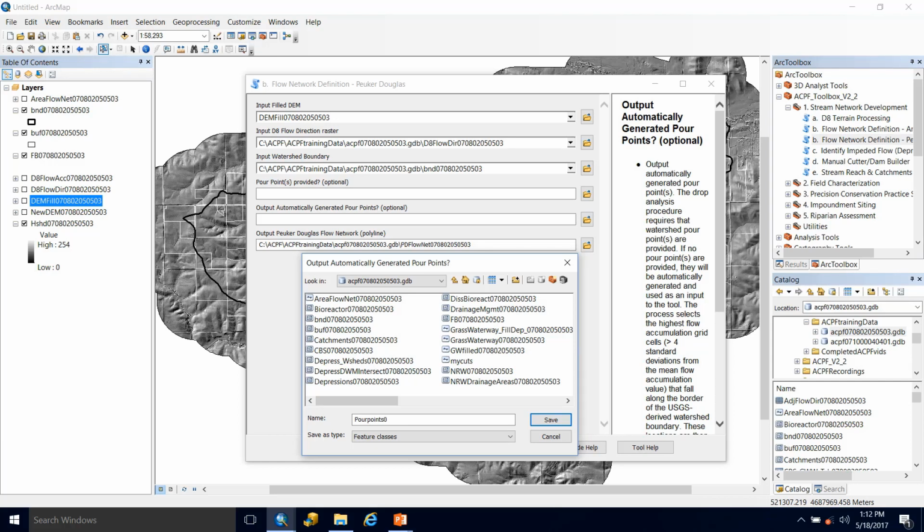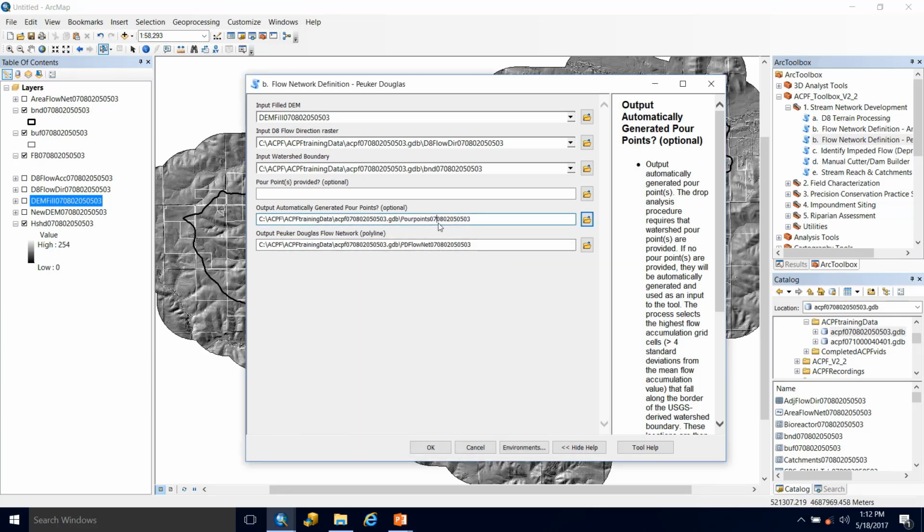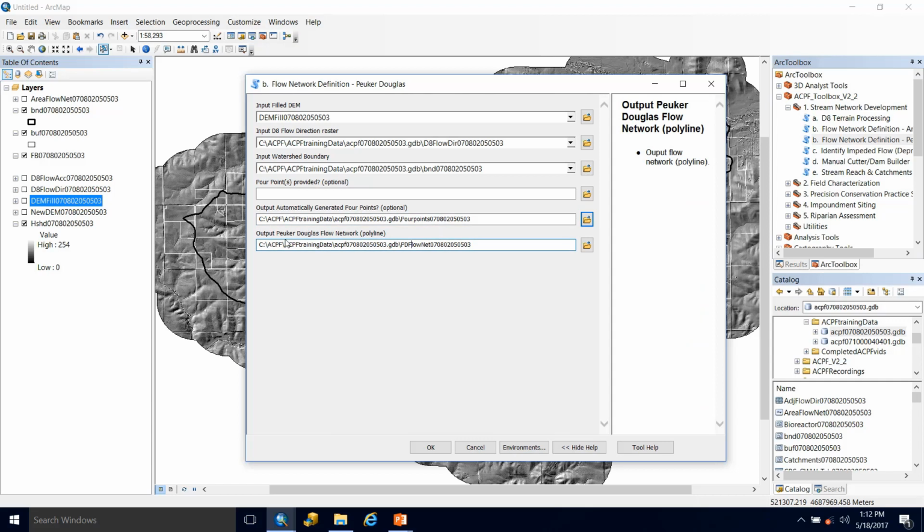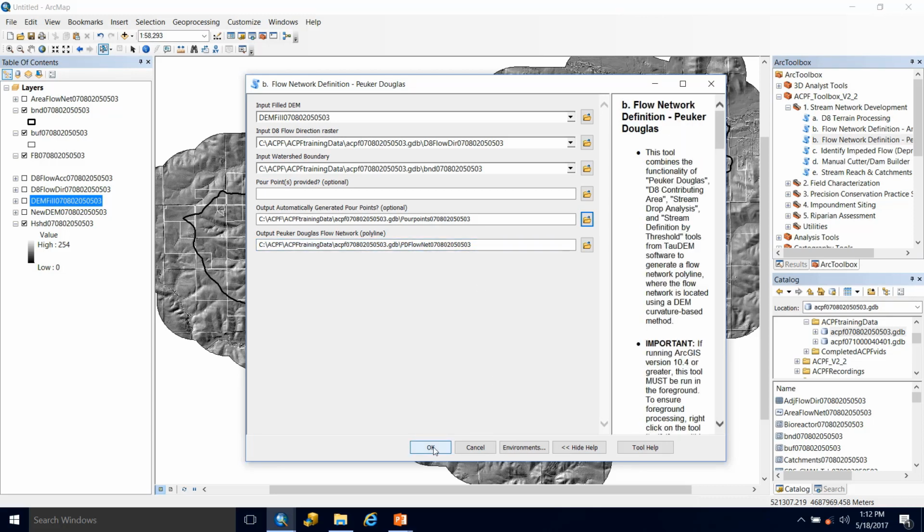And as always, I will end in my 12-digit HUC ID. Save. There we go. And then our Peuker-Douglas flow network was also automatically populated, PD flownet, followed by that HUC12. And we hit OK and let it run.